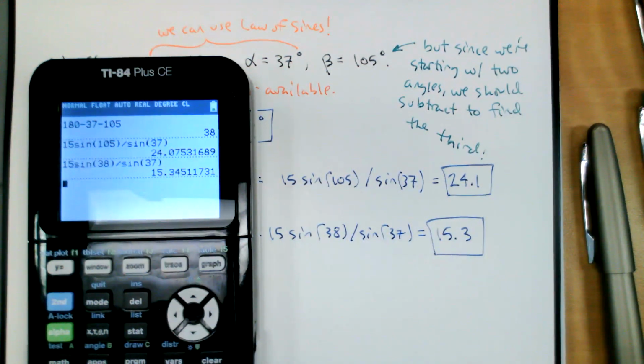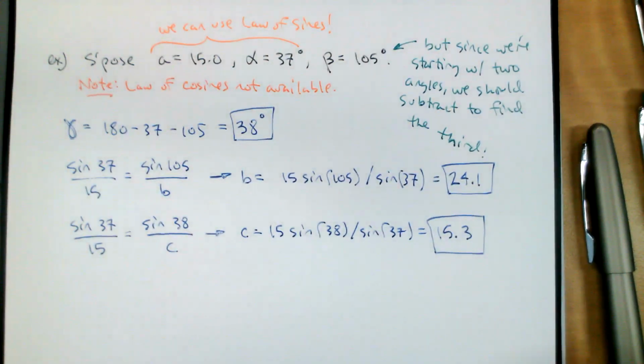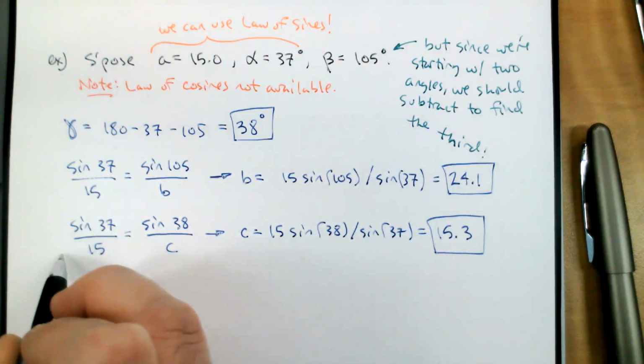Another good reality check. The angles alpha and gamma are close in value, 37 and 38 degrees. We should expect side C to be a little bit bigger than side A, and it is at 15.3, bigger than 15.0. So at this point,